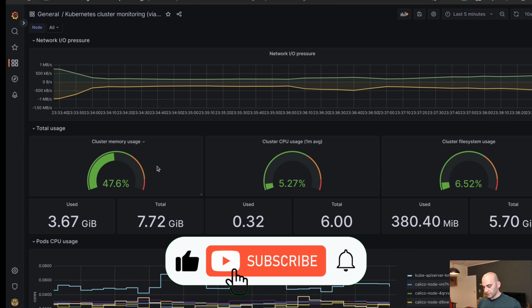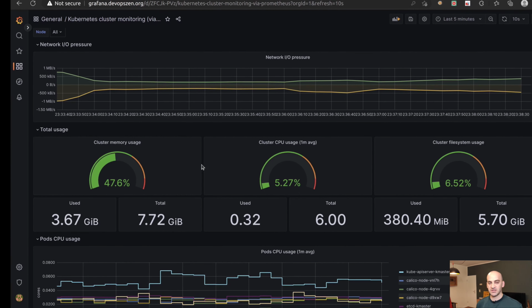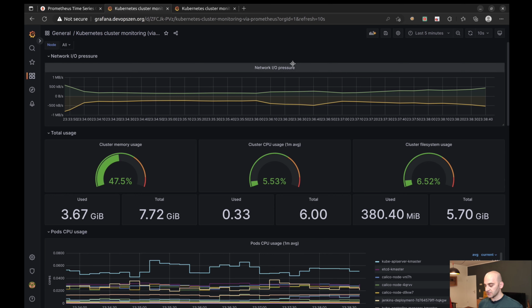So let's look, what do we have? We have a Kubernetes cluster, right? But now we can see all the things happening inside our cluster at a glance. So we can see the network I/O pressure on this Kubernetes cluster, memory utilization, total memory available for this cluster,